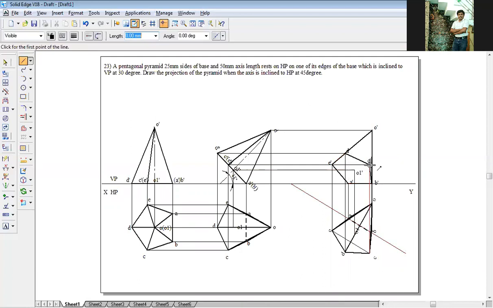After that, O to C. C again is far away from the XY line, so O to C should be drawn dark. Whereas O to A and O to E, the A and E points are very close to the XY line compared to C. So those should be drawn dotted. So go back to dotted line style, O to E dotted line, then again O to A also dotted. O to O1 chain line, so change the line style to chain line, 0.05 line thickness, O1 to O, it should be a chain. So this is how you complete the solids problem, that is the pyramids problem. Okay, I'll stop the recording.